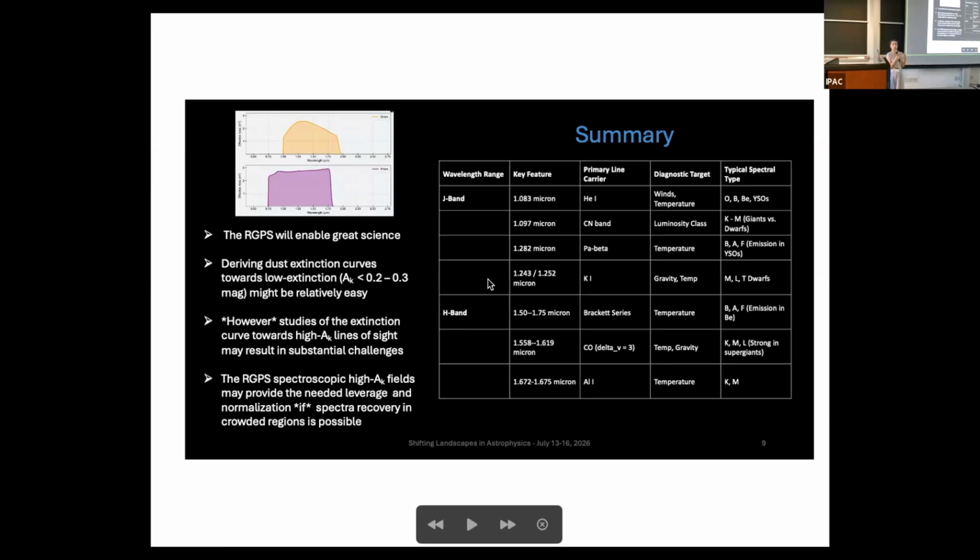So this is also a talk to advocate for more work as a community to really try to extract this data from these crowded fields. I think it really will help all this work.